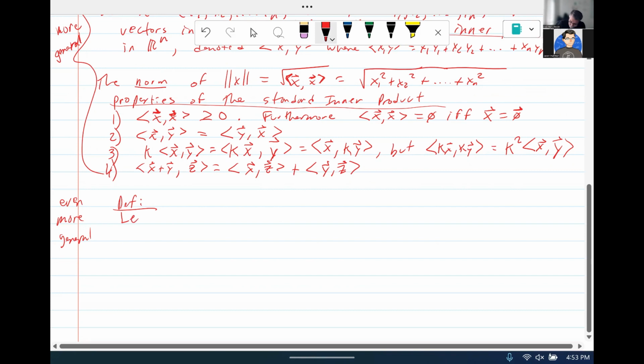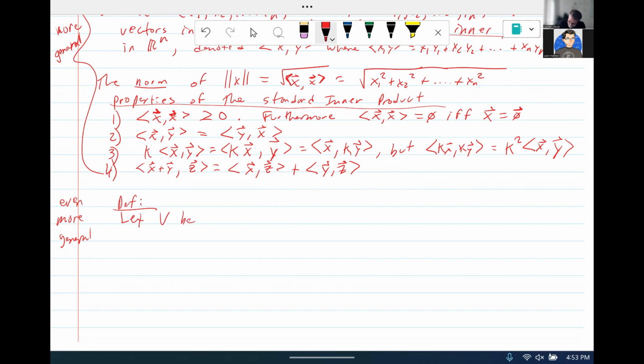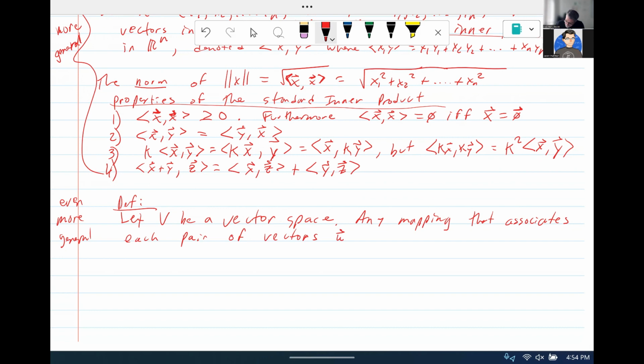So let V be a vector space, and any mapping that associates each pair of vectors U and V, these are vectors of a vector space,